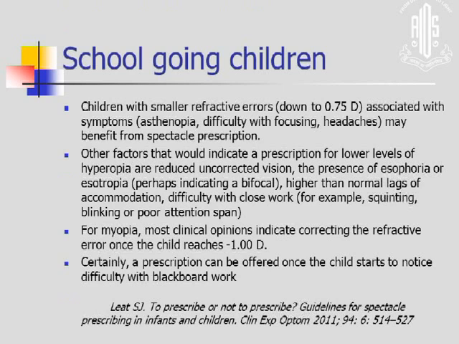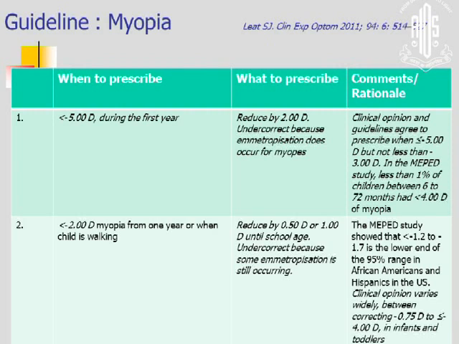In older children, the spectacle correction, once you are able to record vision in subjective terms, is a little easier. But again, there is no cross-board consensus on what to do for small refractive errors. You can prescribe small hyperopic errors as well, especially the ones where you have an association with asthenopia, difficulty. More than 5 diopters in the first year of life, you would want to prescribe, but nothing lower than that. Again, undercorrect because